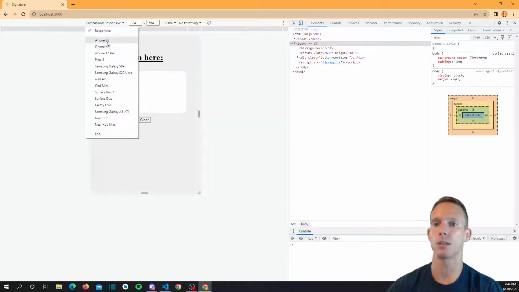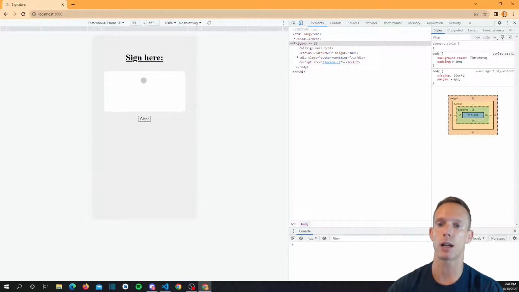But this isn't perfect because, for instance, there are certain events that fire on an iPhone that will not fire here. So it doesn't actually simulate iOS. It just simulates the actual device size, and then it simulates the device-specific things like touch events and things like that. So you can actually see the cursor changes when you go over the device,